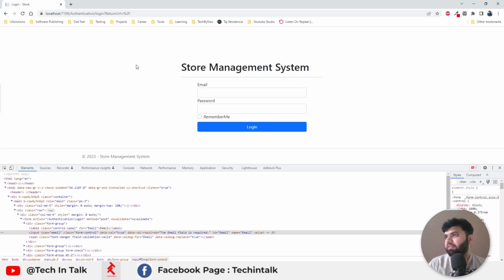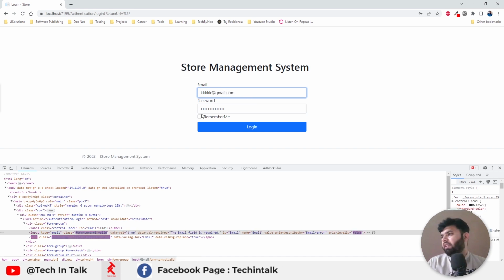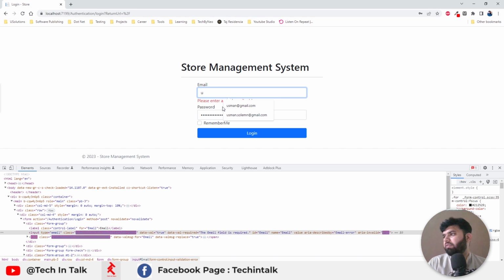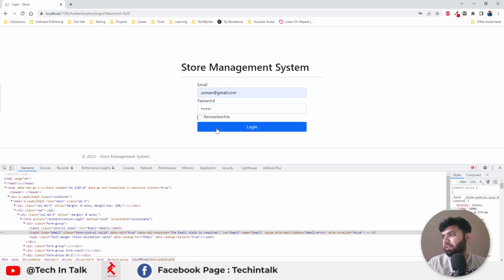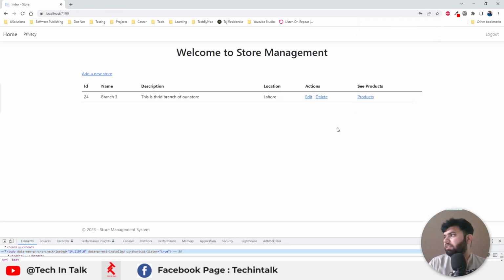Now if you type the password, you can see the hidden characters or the asterisks, and in case of email it's saying to enter a valid email. So both things are working fine, and so let's now log in and see what we can do on the home page. So we are logged in and we can see that we have a grid with the